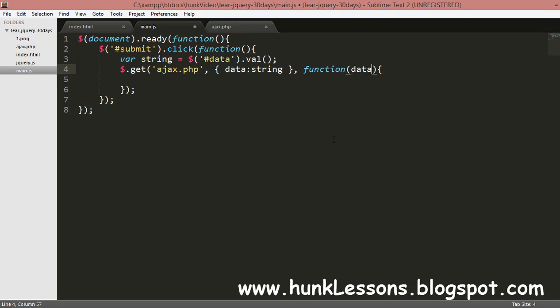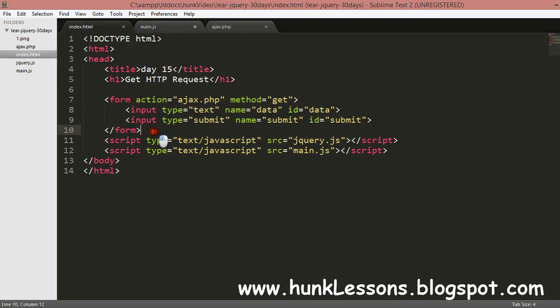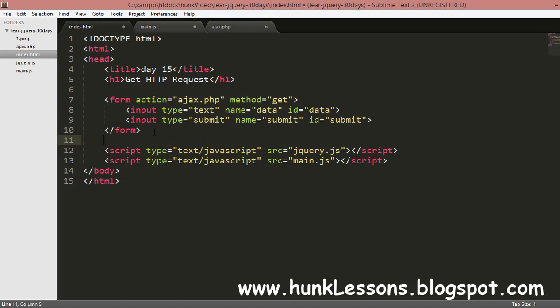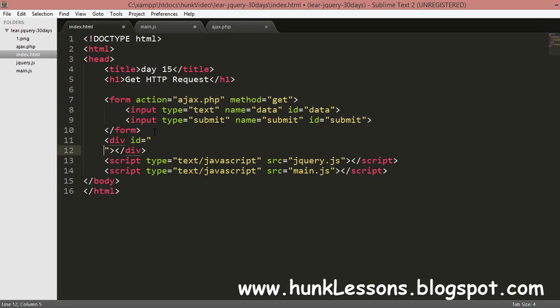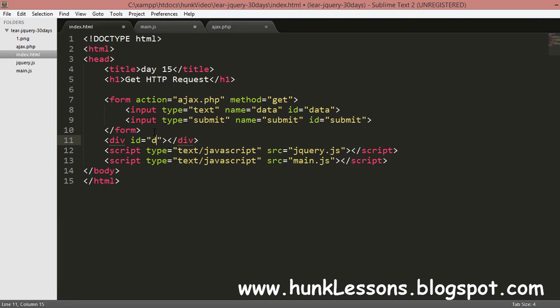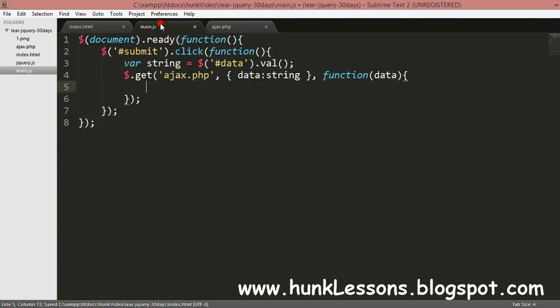We will write data dot. We will create an empty div with the ID of div. Now we will do div dot text is equal to data.